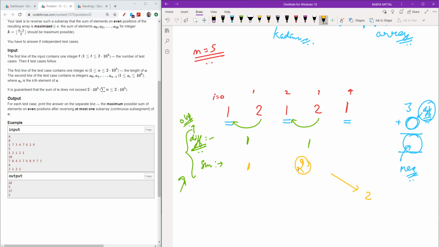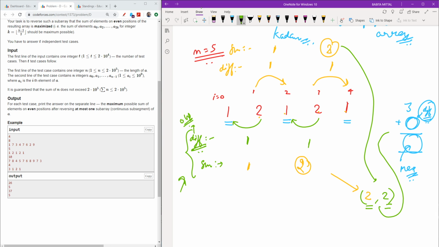Now I will find for above. Above means when I replace 1 by 2 and 3 by this. So again make the array of differences. So it will be 1, 2 minus 1, which is 1. So again the sum would be 1 and 2. So the maximum I can obtain from here as well is 2. So I will obtain the maximum from these two, which is 2, and I will add it to my answer. So I will get 5.